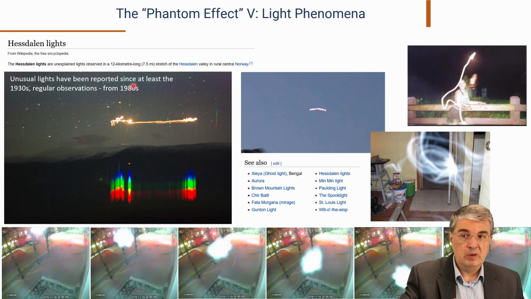So finally, we know that this exists, but we don't know what it is, what kind of structure, what kind of appearance this is. So from this point of view, at least I think this light phenomenon to some extent belongs to the phantom effect because of its very similar appearance. It's also strongly related to a geometric region, to some specific place. But it seems in this case it probably has some additional qualities and additional capabilities.